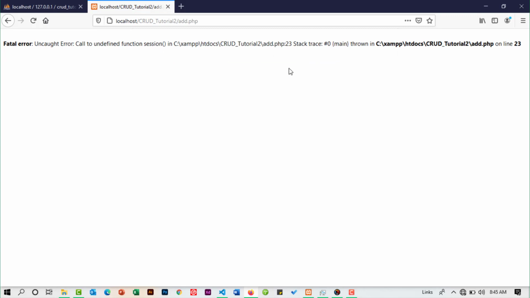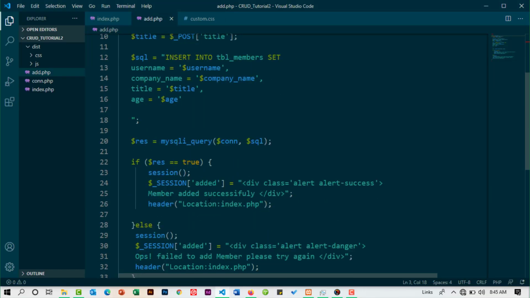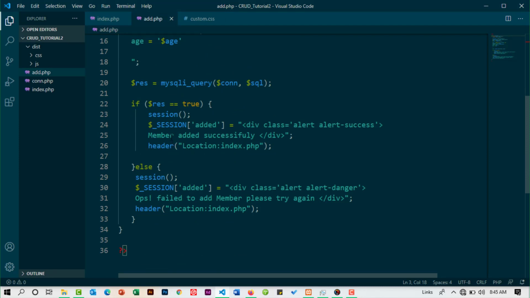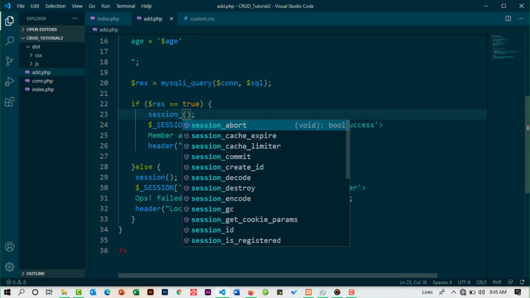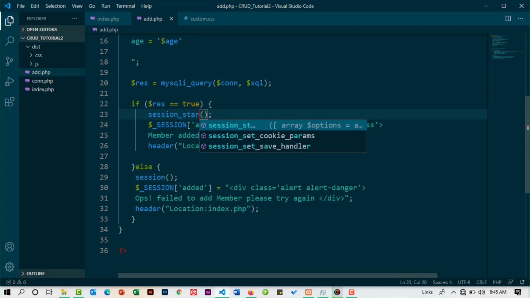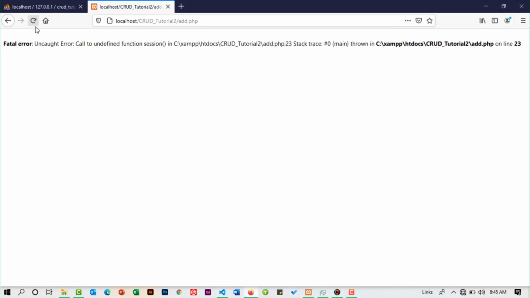One more error on line 23, undefined session. Oh, sorry, another typo here. So this should be session_start, and not just session. Refresh that, resend,